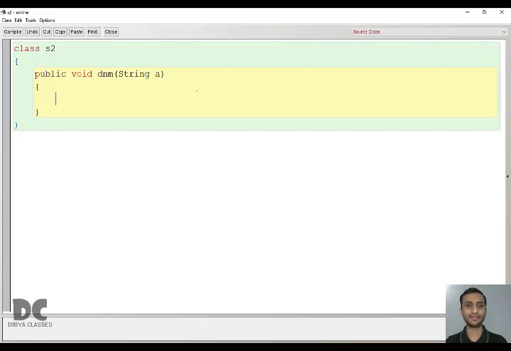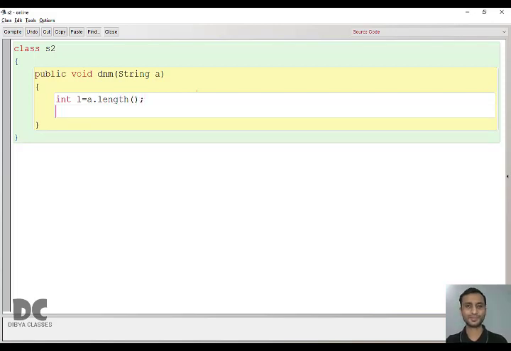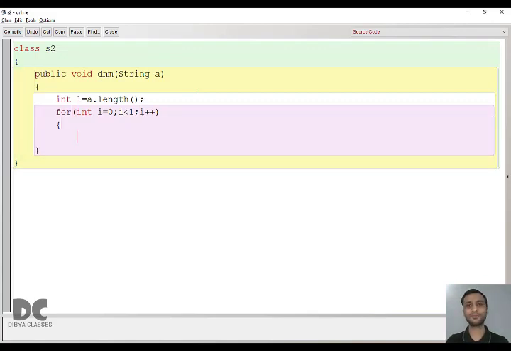First you have to find the length, equal to a dot length. So to find the average, we need the number of words and the number of alphabets. So we'll take a for loop, int i equal to 0, i less than l, i plus plus. Here we are not taking l minus 1 to 0 because we are not trying to reverse the sentence. We'll take normally, that is from 0 to less than l. We'll extract the character